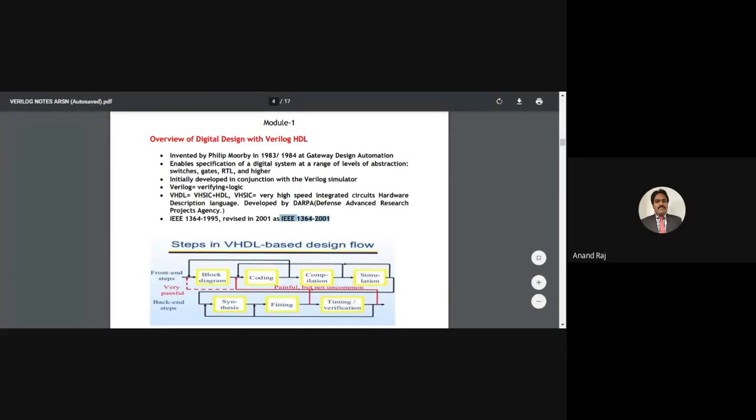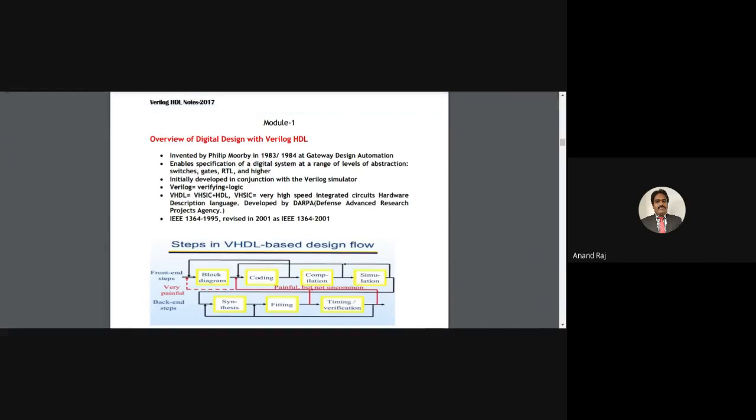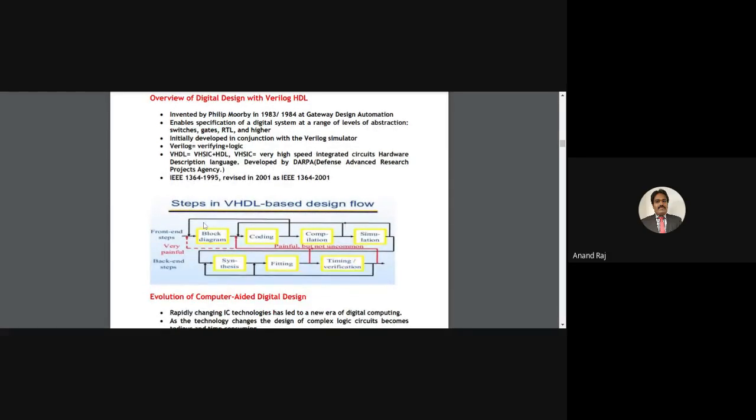It was developed in 1983, standardized with the number IEEE 1364-1995, then revised in the year 2001. Fine. So this is about your Verilog HDL introduction.